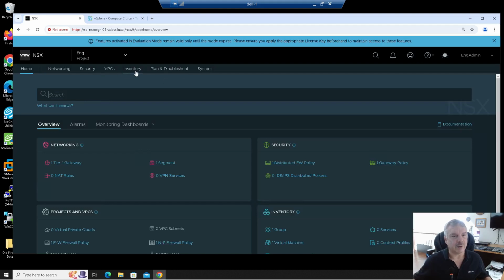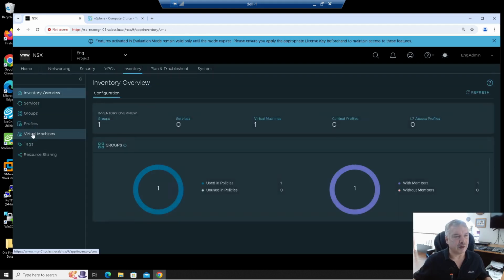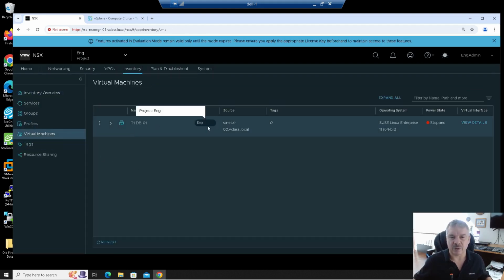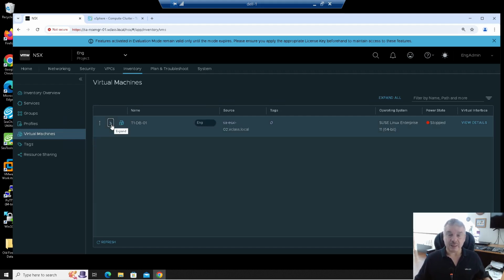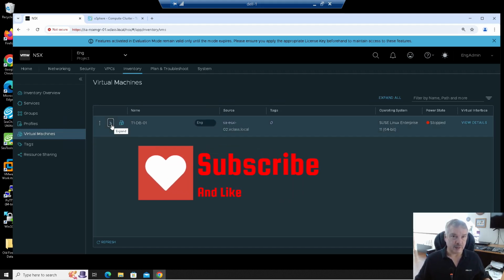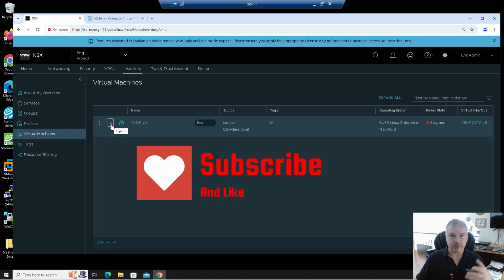And again, if I go into inventory VMs, I see that database one because it's on that port group, or on that segment. Okay. But that's basically it for projects. It takes what we were doing before and puts an interface for and provides the security around it. Like I said, I'll do a separate video on